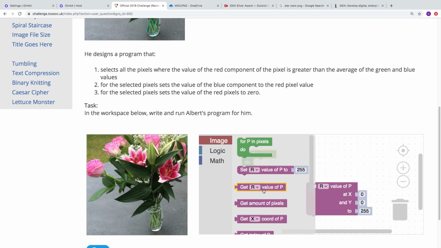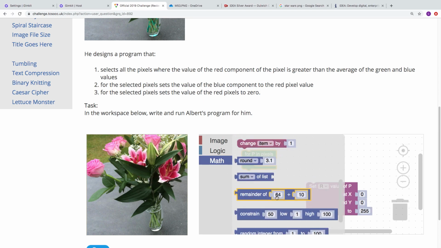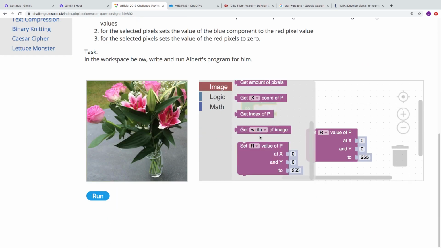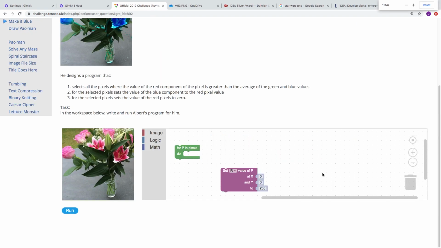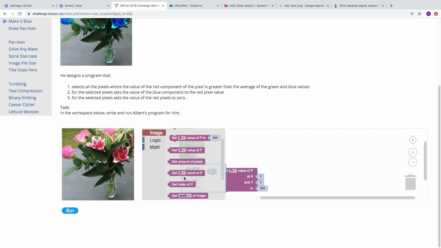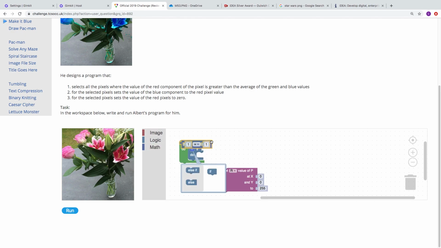So we need to do, definitely want to have. Let's see if we've got any functions you can use here. Logic. No variables. So how are we going to do this one? Well, for the pixels, I want to see if we can build this up a little bit at a time. Get x coordinate, get index, get one, set. This is tricky. If